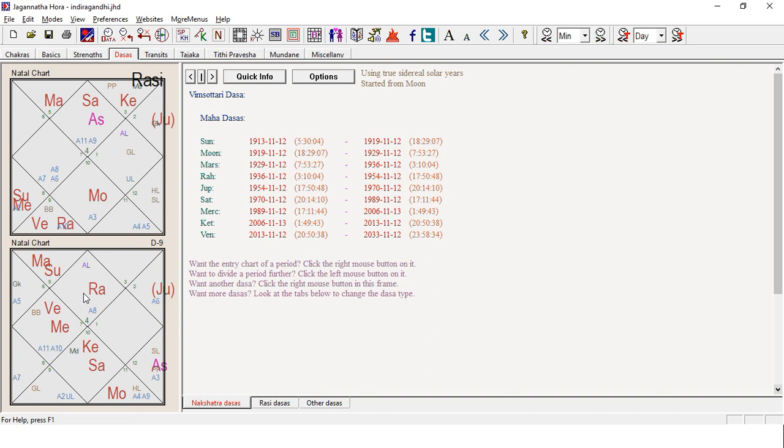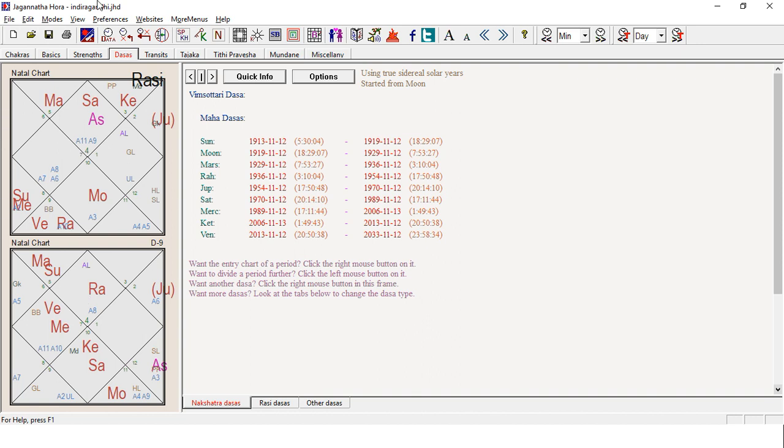Lagna Lord Moon has gone into Nidhanamsha. Now this is bad, this is quite bad, right? And Jupiter has gone into Labhyamsha. Here Jupiter is the ninth lord, and it is also Vargottam, right? In the D1 chart it is occupying Taurus, in D9 also it is occupying Taurus. So basically, as a snapshot prediction, you can say that for this native, Jupiter's Mahadasha is going to be good. It is going to be gainful.